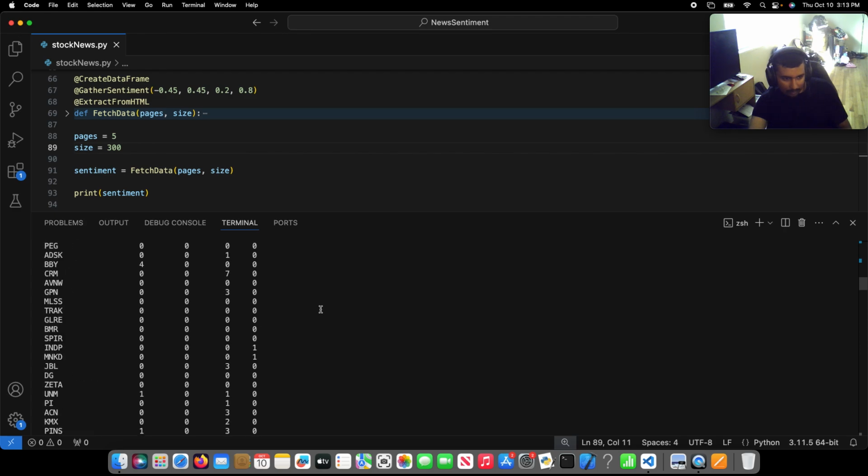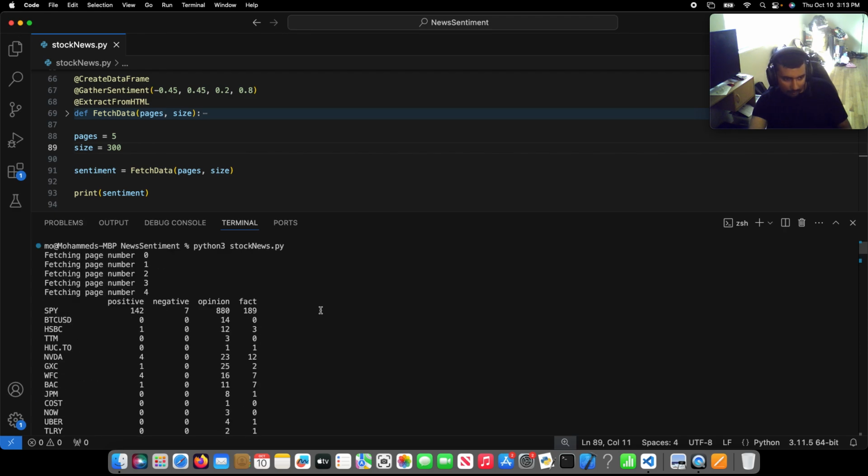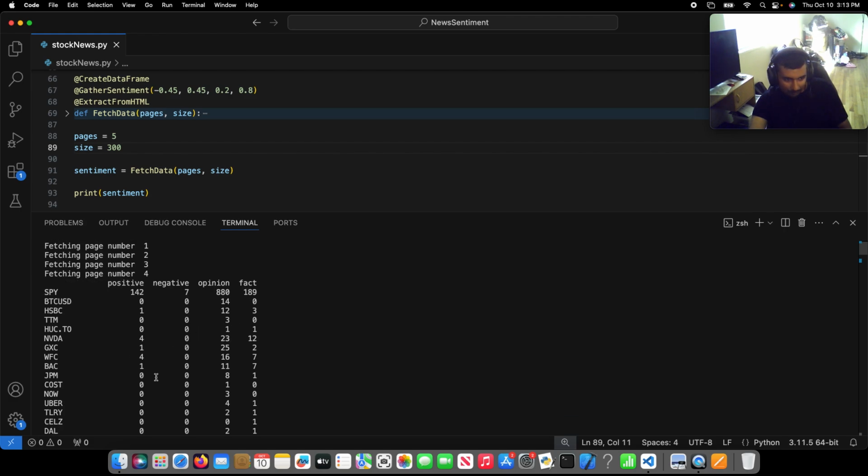Okay, so we can see there's more stocks in here now. But with this number of pages going back, SPY has 142 positive articles, 7 negative ones, 880 of them are opinions, 189 are facts. We could see maybe I should